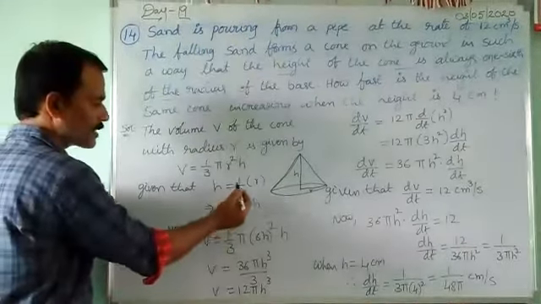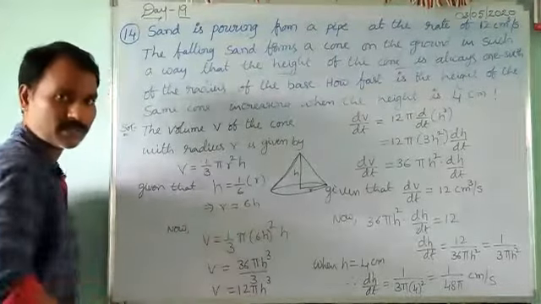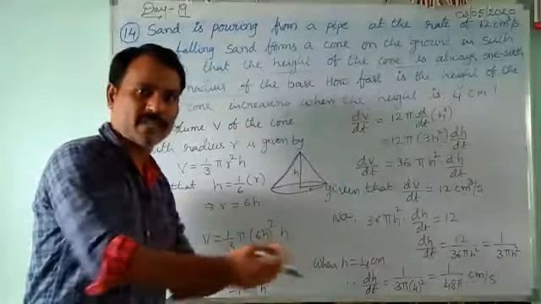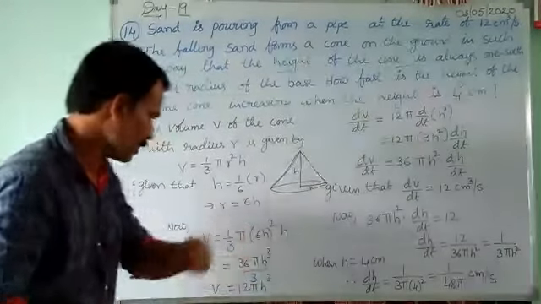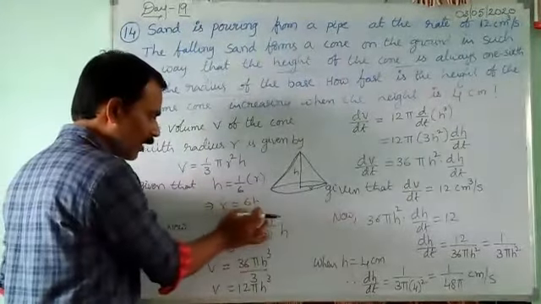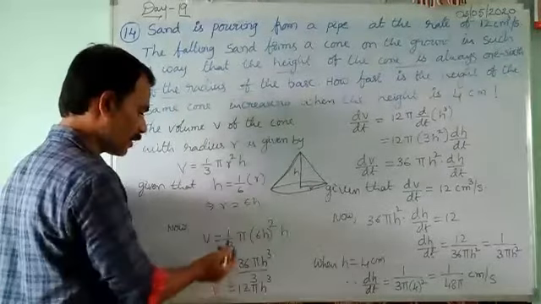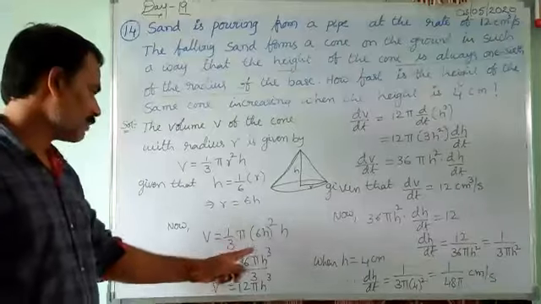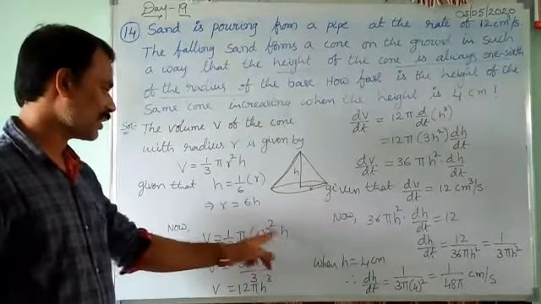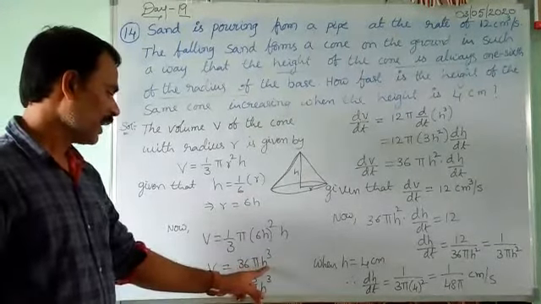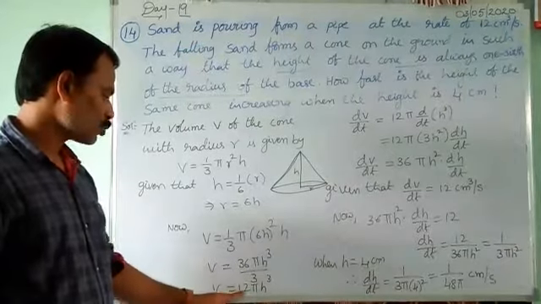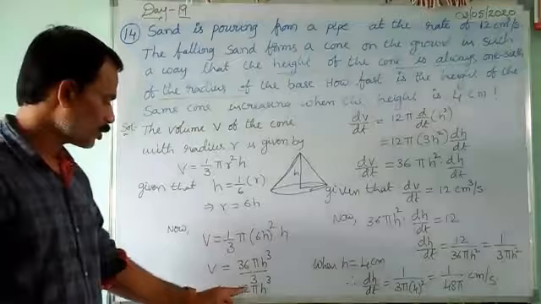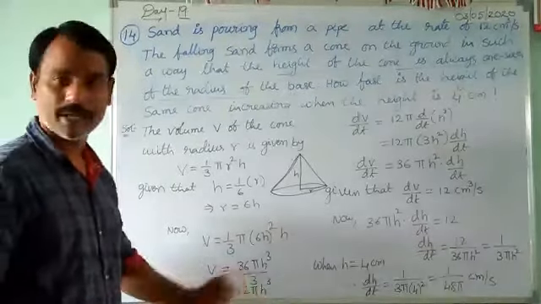Okay. Now I take h is equal to 1 by 6 into r, so r is equal to 6h. That means I am taking the radius in terms of h. Now in the place of r, I am substituting 6h in the volume: 1 by 3 pi into (6h) whole square into h. Simplified, this is 36h square into h, that means 36 pi into h cube by 3. Finally, 3 into 12, so V is equal to 12 pi h cube. This is normal simplification.